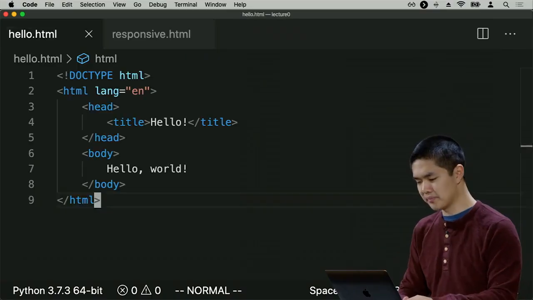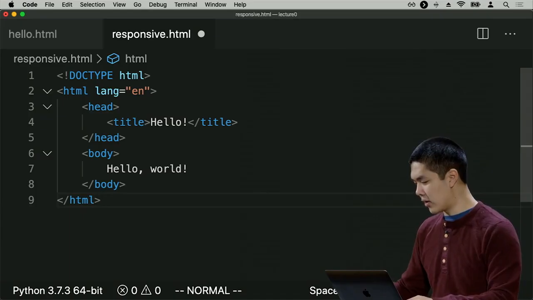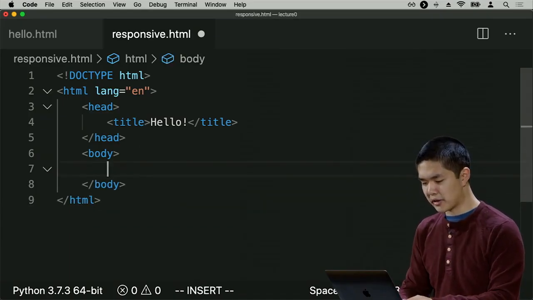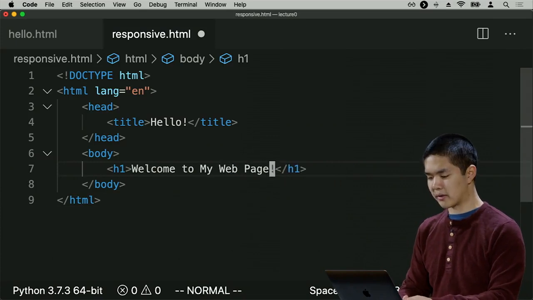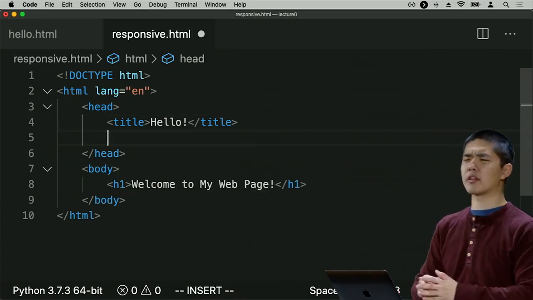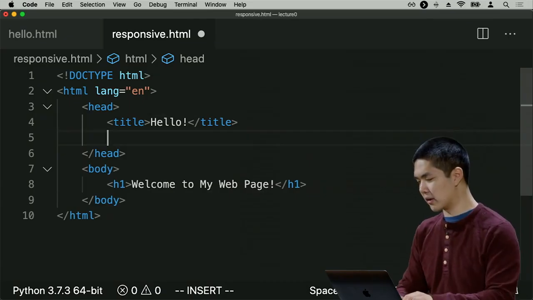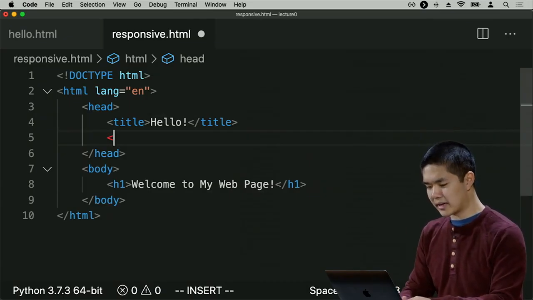So I'll go ahead and open a new file that I'll call responsive.html, because we're going to try and build a responsive web page now. And now I'll go ahead and inside the body of my page just include a big heading that says, welcome to my web page, for example. And just to demonstrate what you can do now with responsive design, let me add a style tag here,